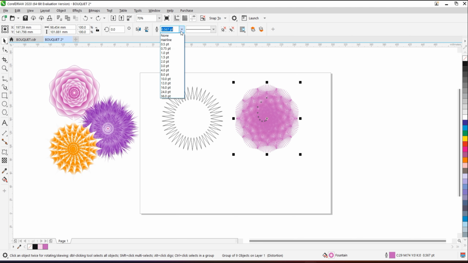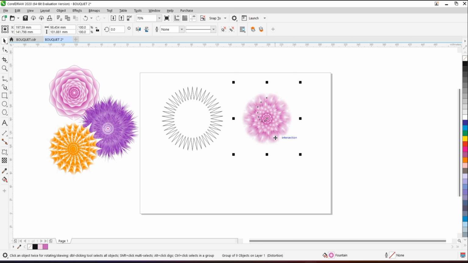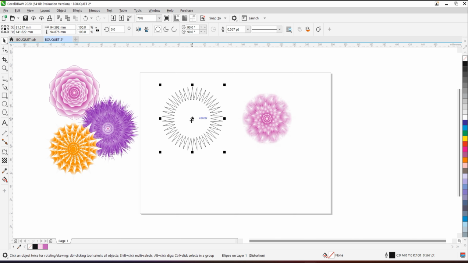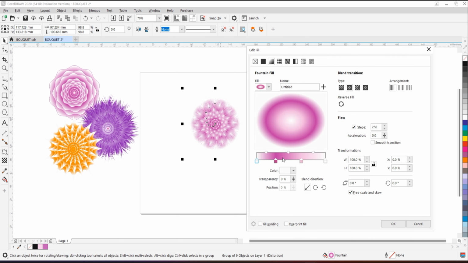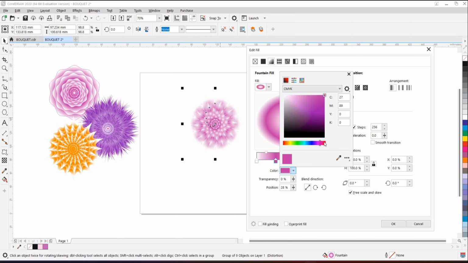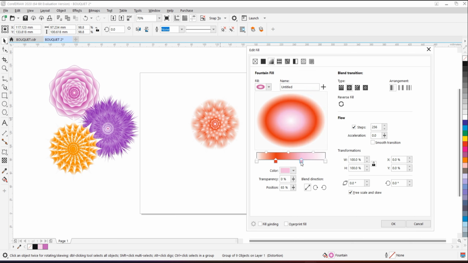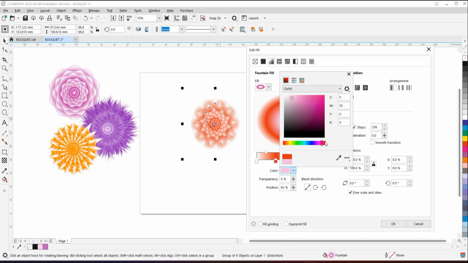Now remove the outline first, outline to none. Click on the pick tool again, select this shape first and delete it. Here we are going to give 4 different types of color. Select the first color tab and give the color as white, let it be white. Now select the second color tab and give the color as dark red. Now select the third color tab and give the color as red.